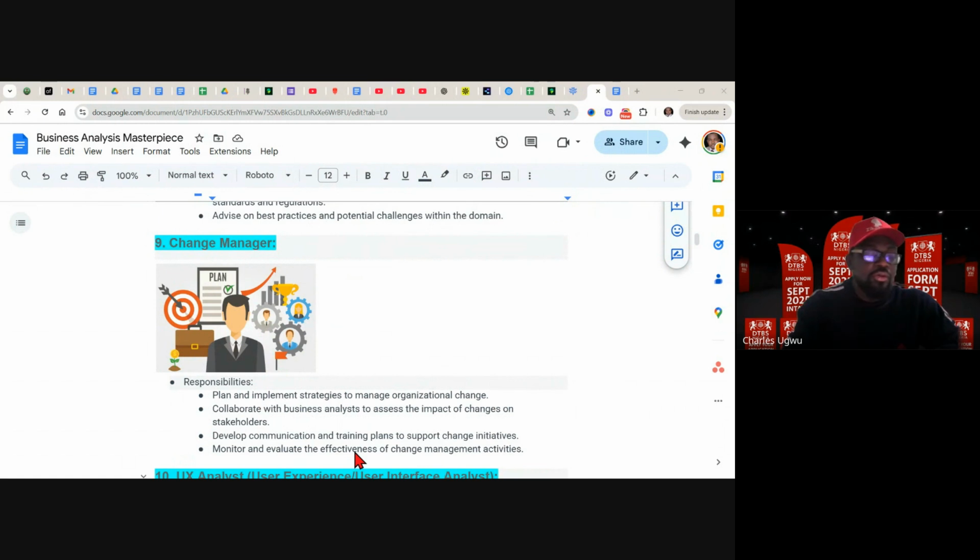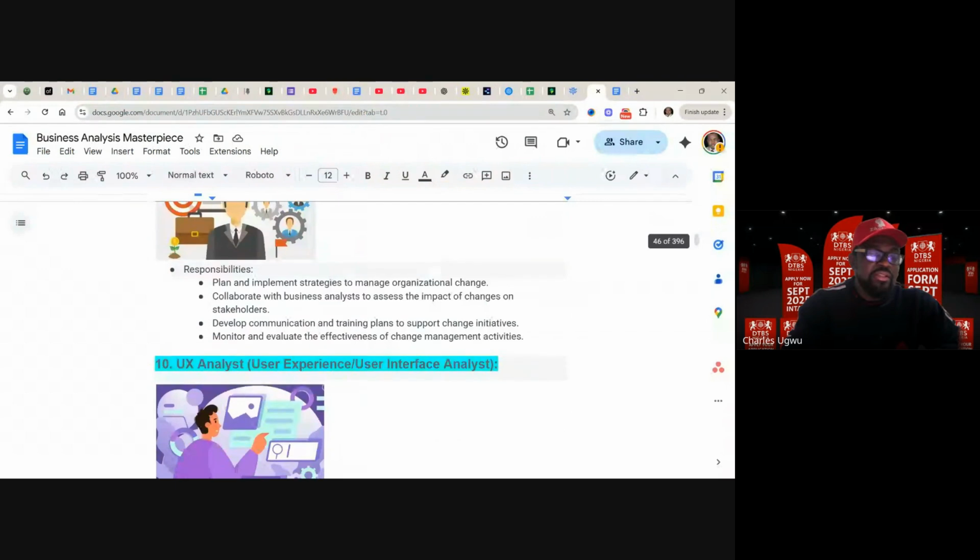So somebody who knows about the change very well should equally be able to have a mitigating plan to counter any rising group of people to challenge the change. Yeah, so we have another role